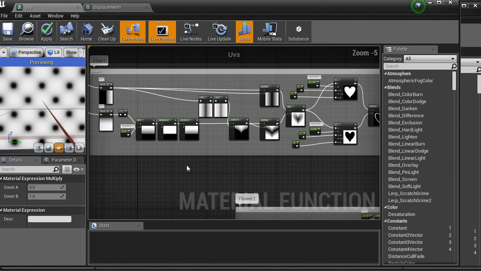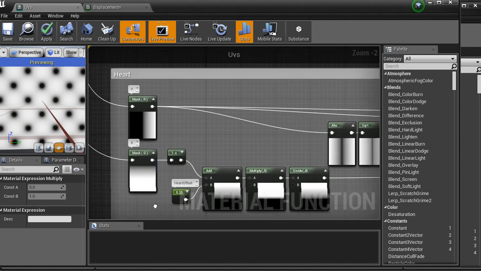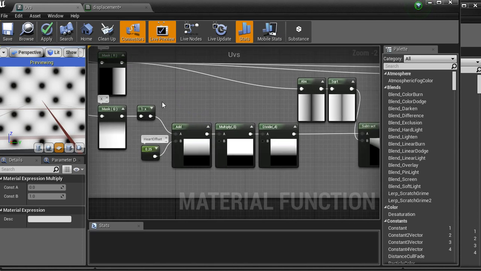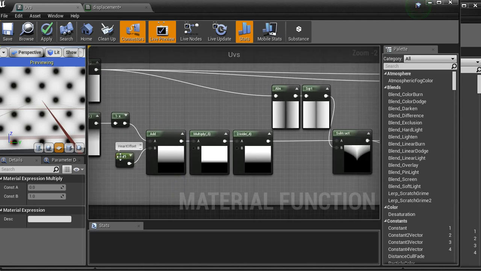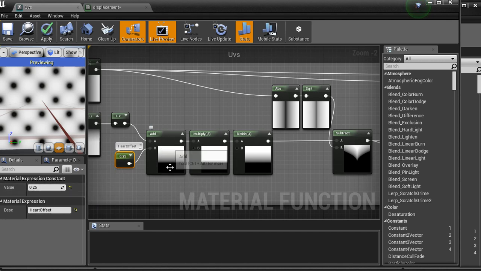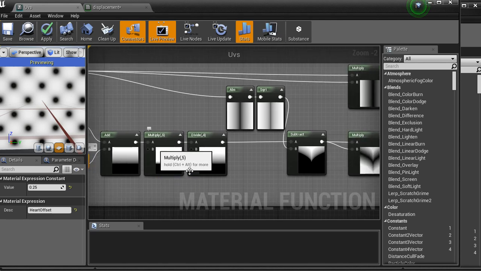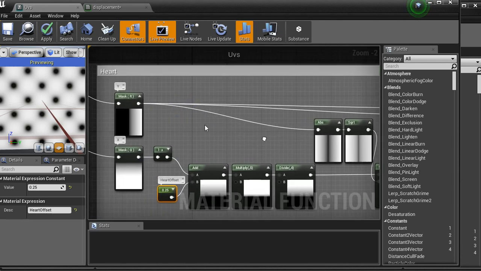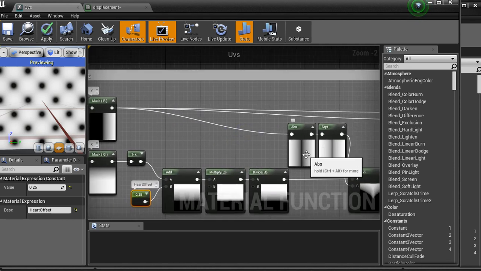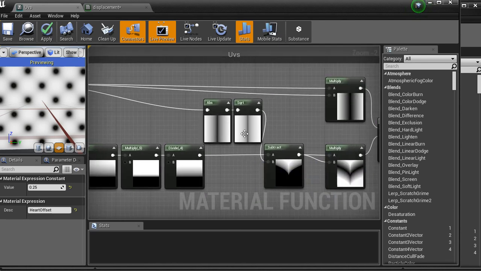I found a pure heart formula, and so masking it in, 1 minus 0.25, that's the offset, so we're just kind of changing the position of the gradient with an add. That's all that does, it just shifts it up and down, and then we multiply it by 5 and then divide it by 4. And for this one we're using ABS. ABS is doing similar stuff to what multiplying it by itself does, in that we get only positives, and then doing a square root changes its falloff,